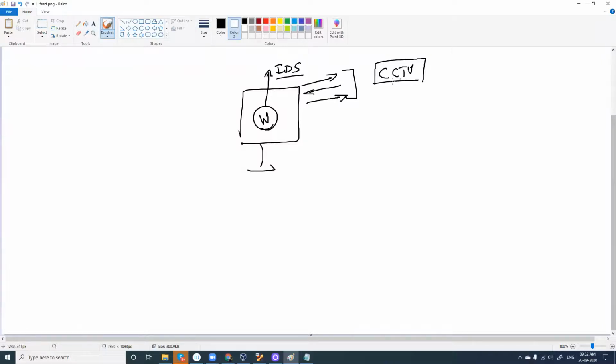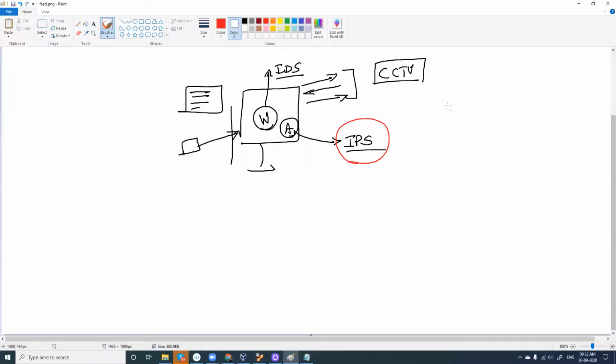It cannot prevent. If you have an antivirus installed in your computer, that can act like an IPS, intrusion prevention system. There is malware which is trying to enter your computer, what will your antivirus do? Antivirus will stop this, and it will notify you, stating that there is a virus file which is trying to enter your computer. What should I do? Should I delete this? Should I quarantine this? Or what should I do? It is going to ask you things like this. Yes. So that can be an IPS.